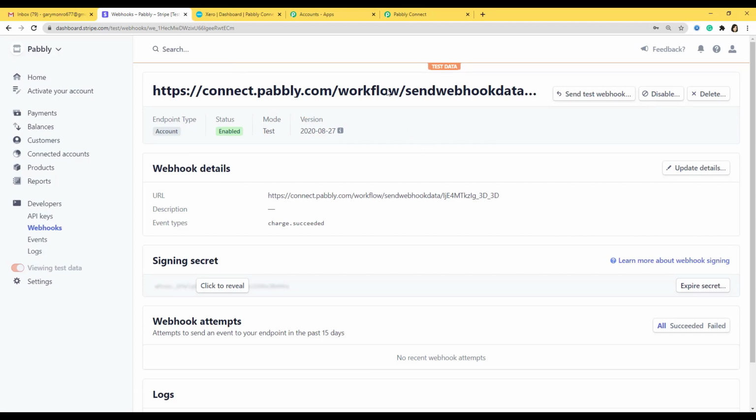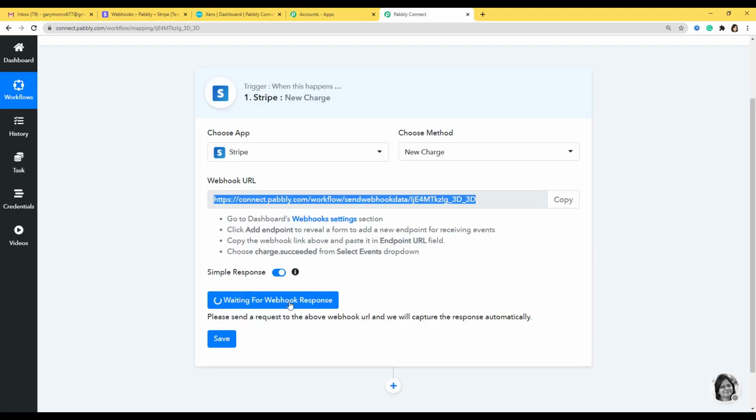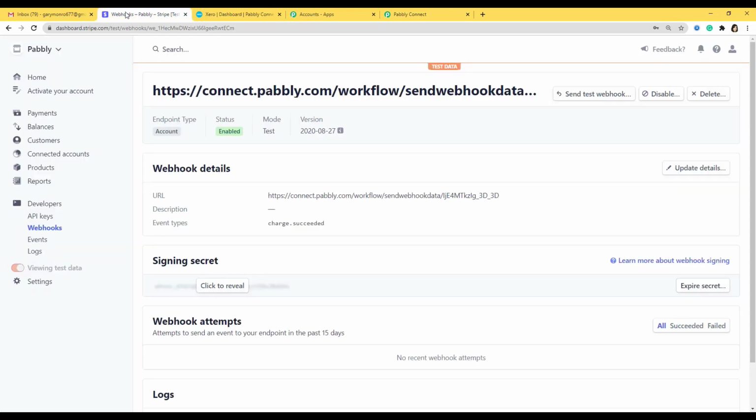Now what we have to do is we'll go back to Pabbly Connect and we are going to capture the webhook response. So now what we are going to do is we are actually going to do a payment in Stripe, and then we are going to see if Pabbly Connect captures the data or not. So I'll go to Stripe and I'm going to do a payment.